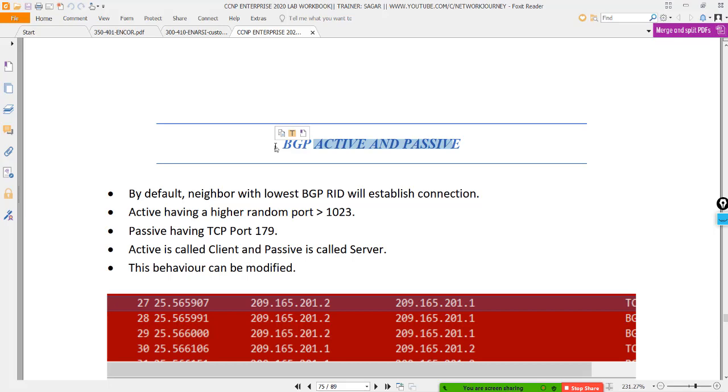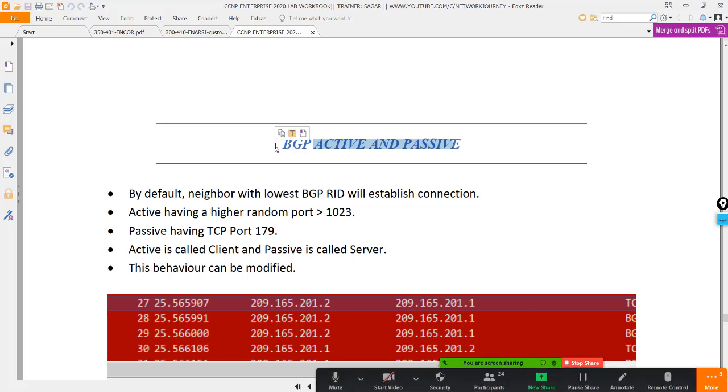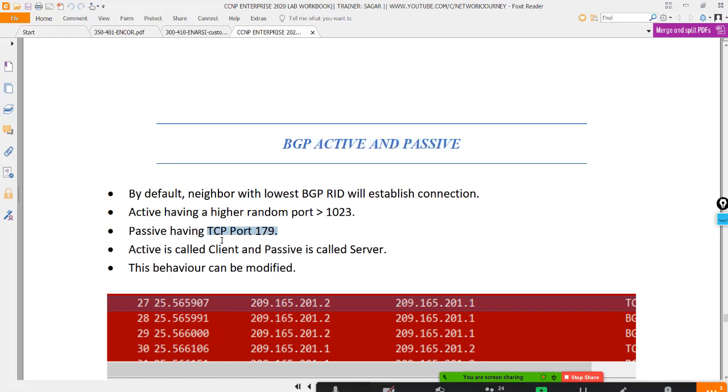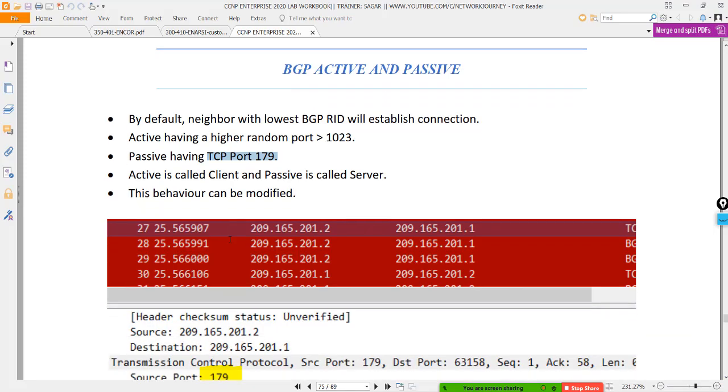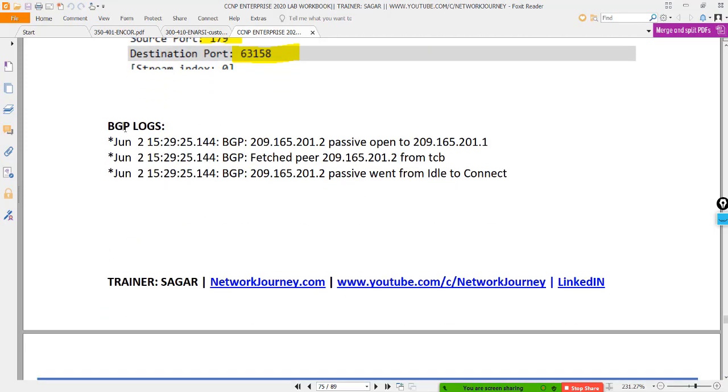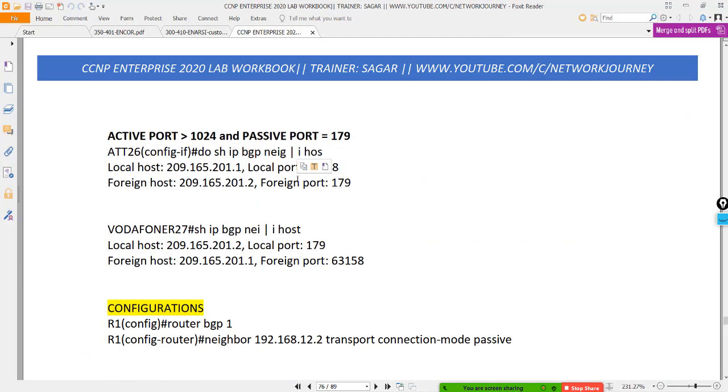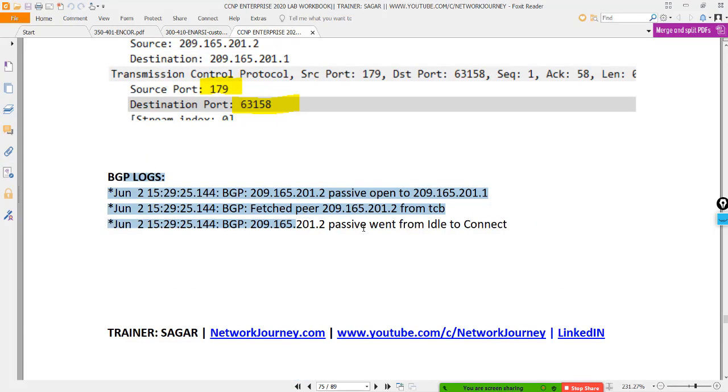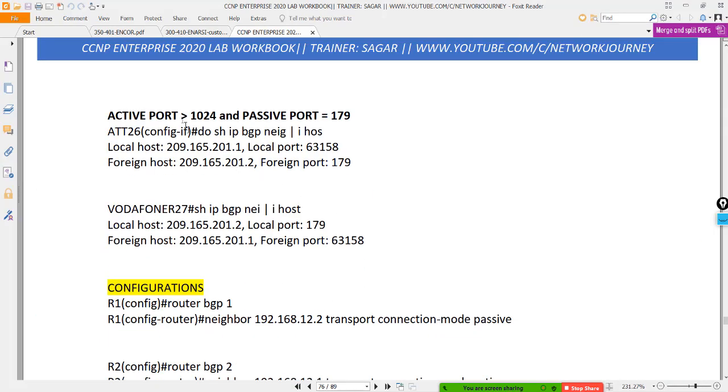But in the case of BGP, it's a TCP port, TCP 179. This port number gets associated with the passive router, and the passive router is the one with the higher router ID. These are the BGP logs about the three-way handshake and all those things which we discussed.